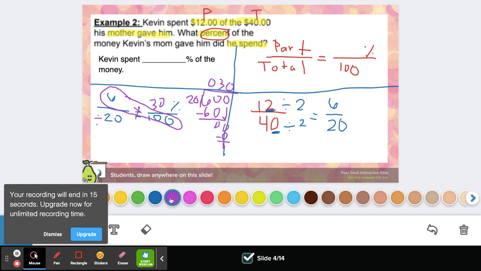Another way I can look at it is, do I have a pattern? From 20 to 100, I can multiply by 5. Again, from 6 to 30, I can multiply by 5, and I still get 30%. Okay, so those are